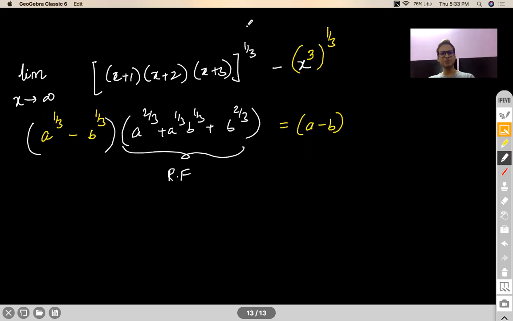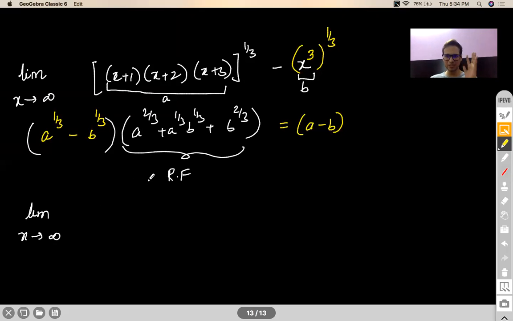Okay. Many people just think that, oh, if I change the sign in between, I'll get the rationalization factor. No, it is because our habit has been spoiled, because we are always used to under root, we are always used to square root. Okay. So first I'll convert it to infinity by infinity form by multiplying and dividing it with the rationalization factor. Now in your mind, treat this as if it was A. Okay. And treat this x cube as if it was B. I hope you can assume that in your mind as of now.